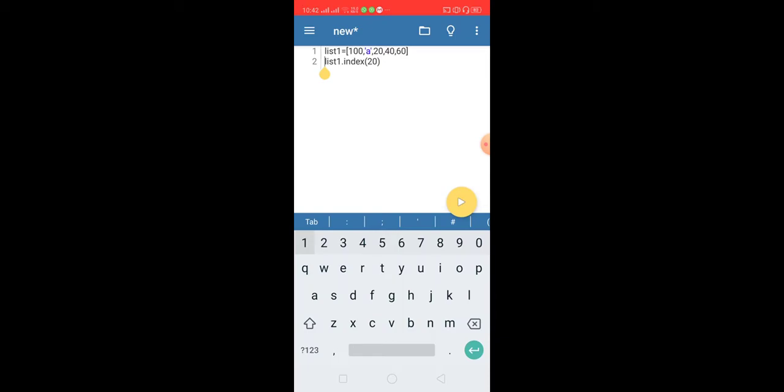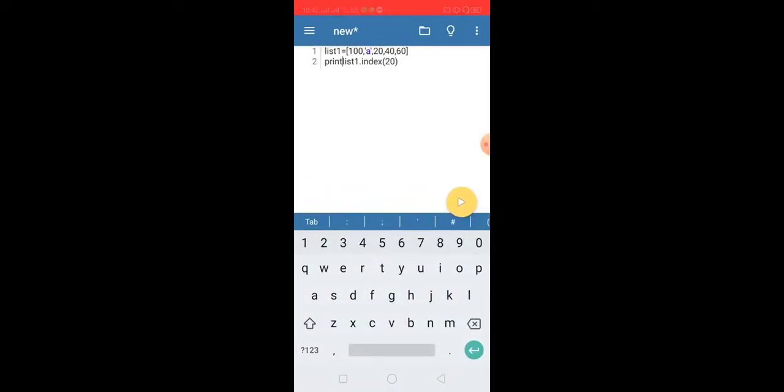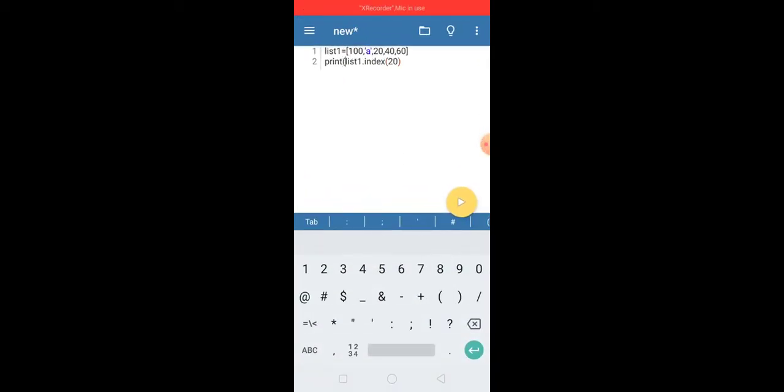Now there will be no output because we have not used the print statement here. Now it will give the position of 20, that is 0, 1, 2, so 2 is the answer.